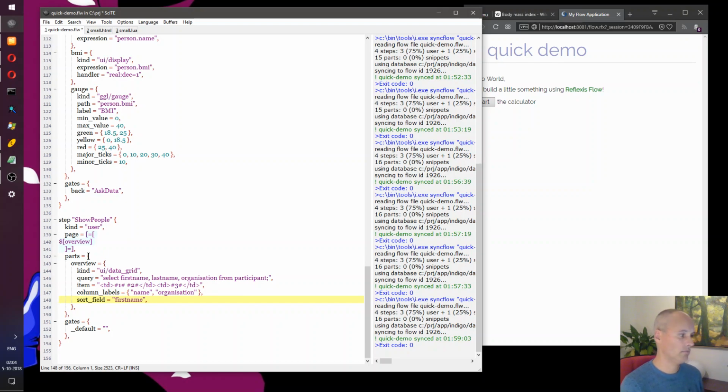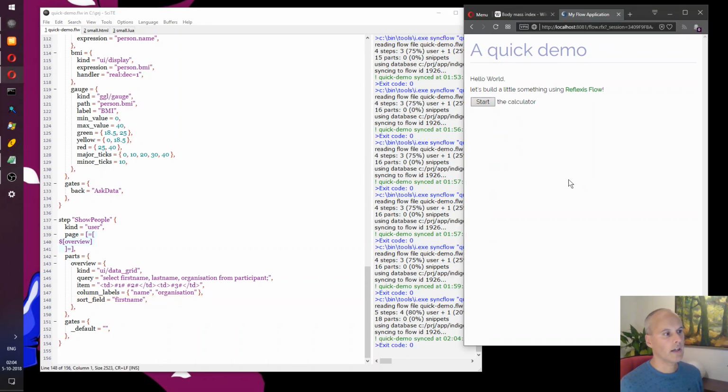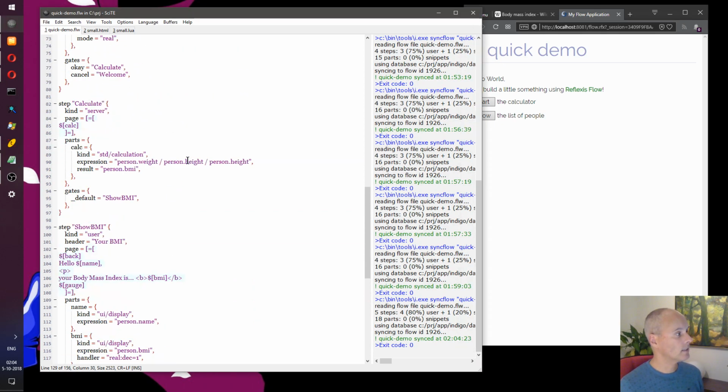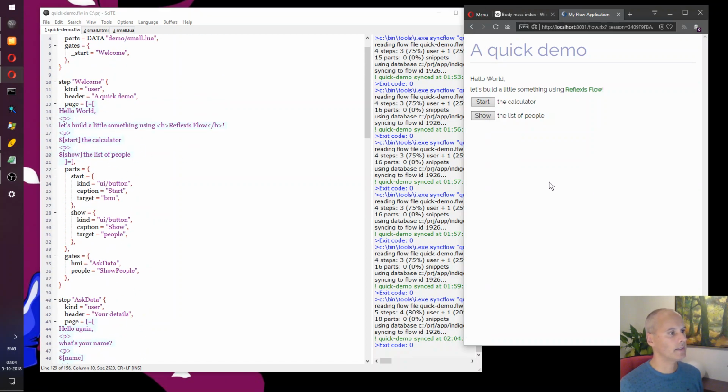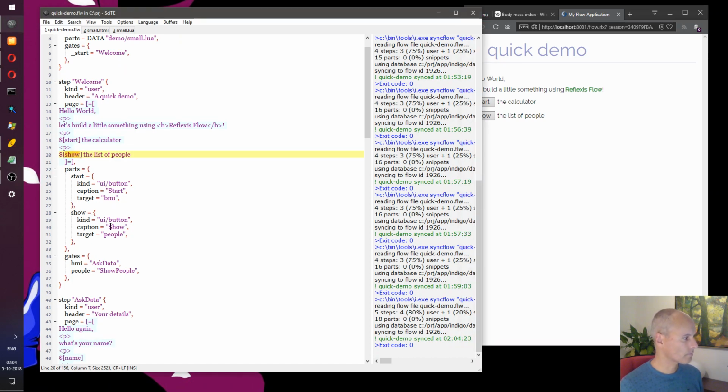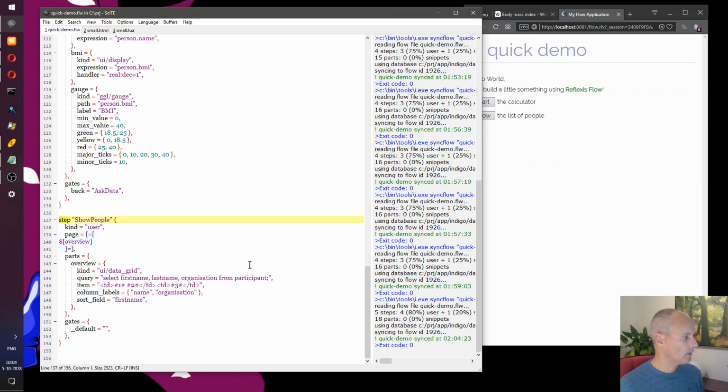And well, let's see what happens. So I've synchronized the definition. If I refresh the page here, then you see the extra button that we added here. So clicking this button, show button, selects the people gate, which routes to show people, which is the step that we've just added here.